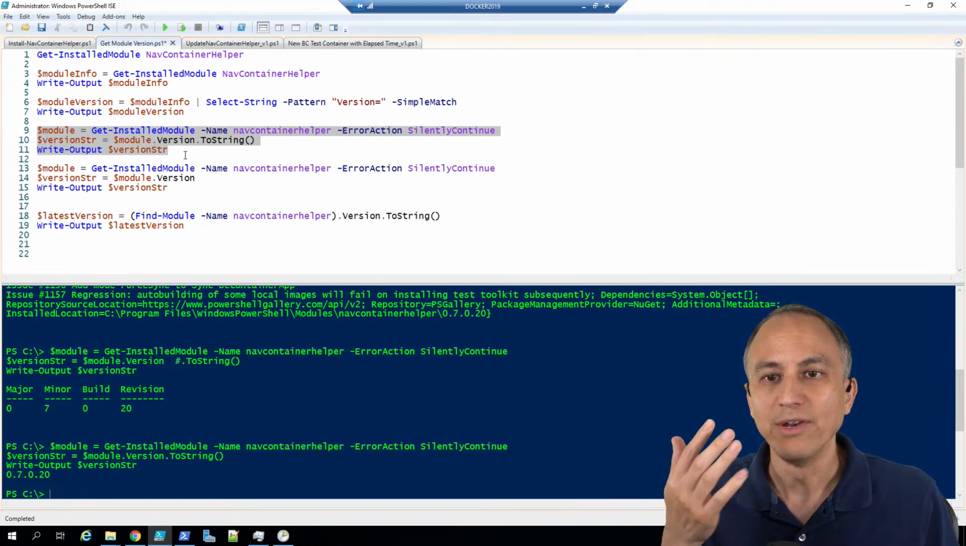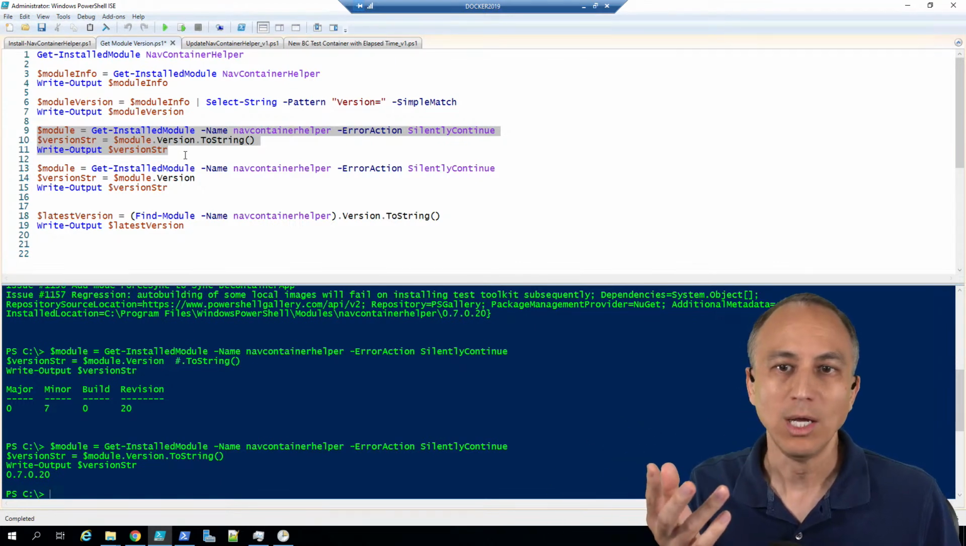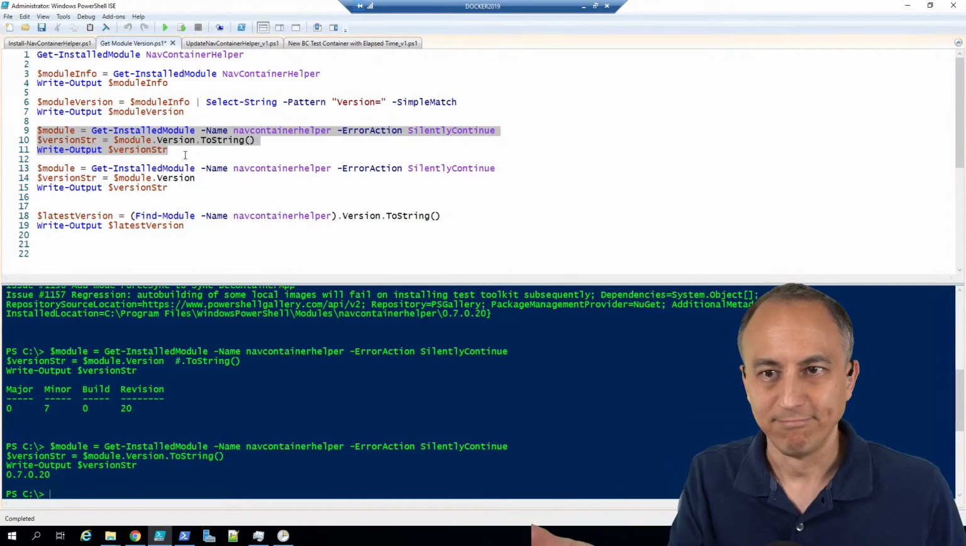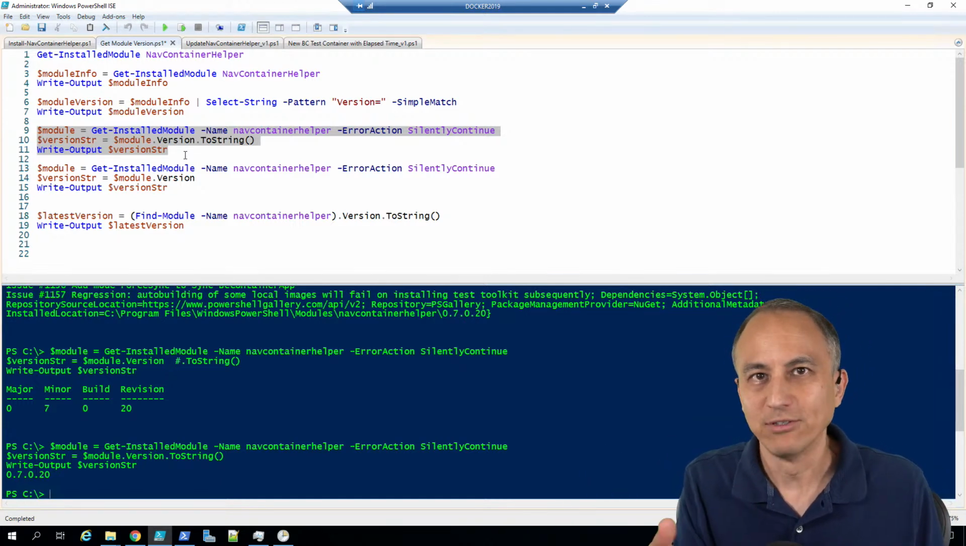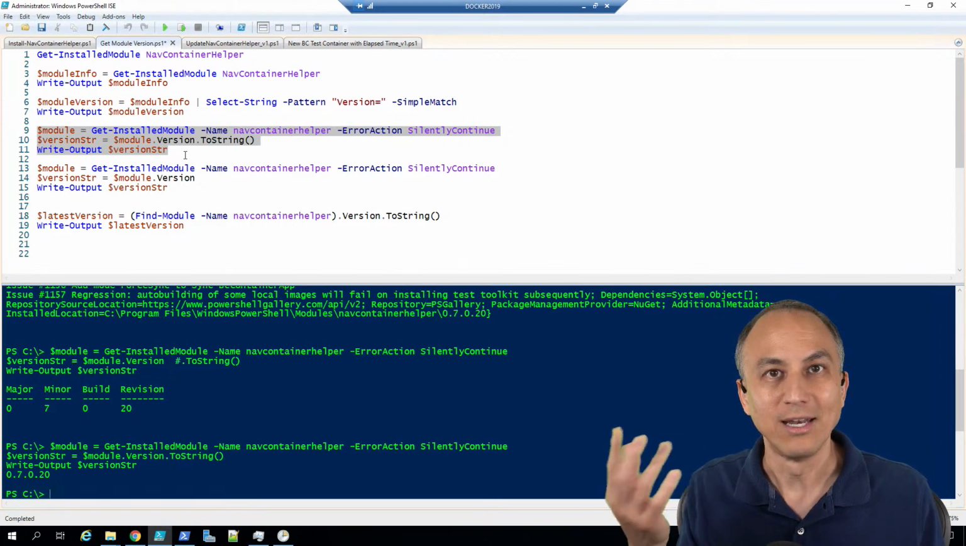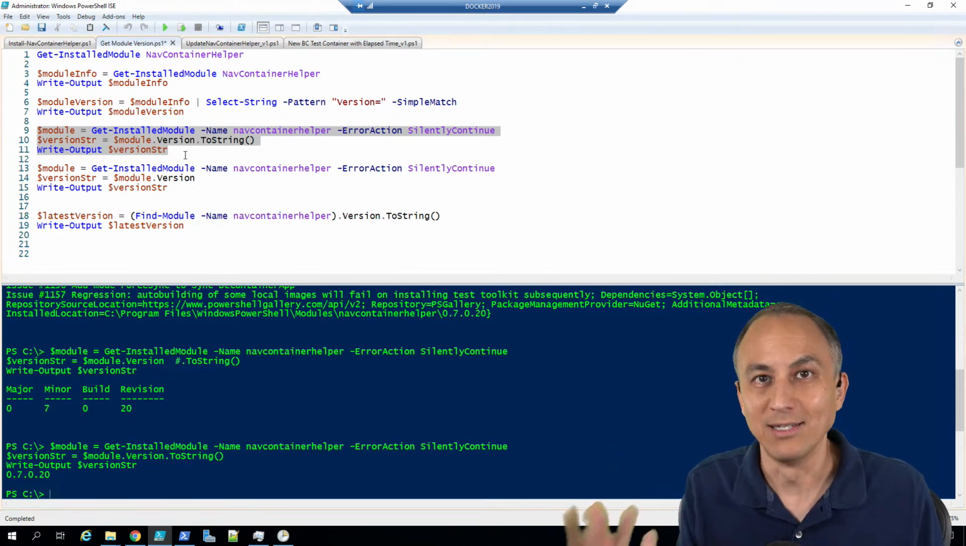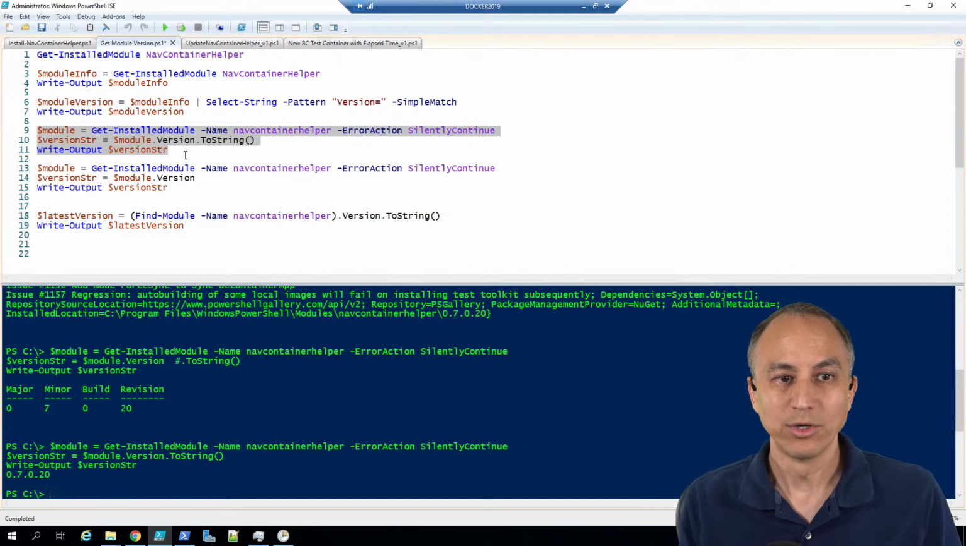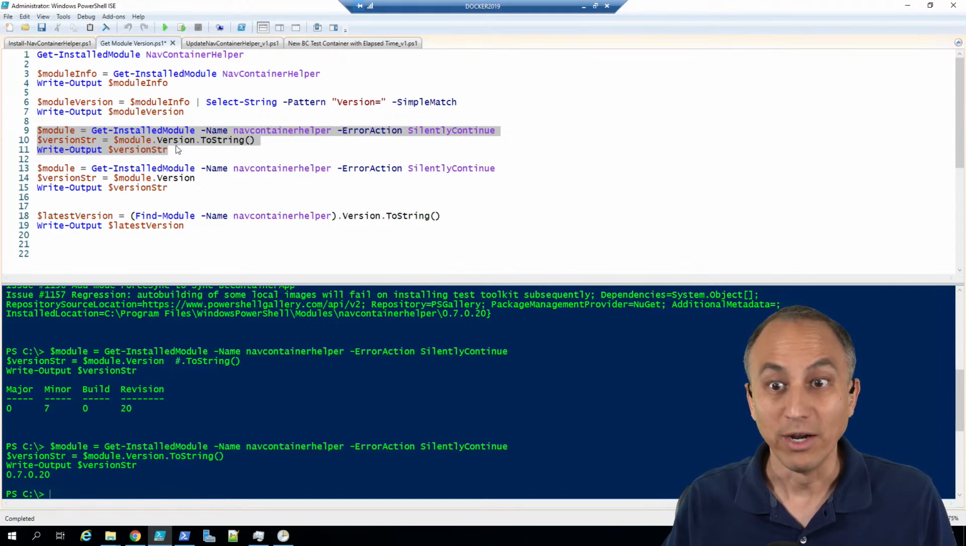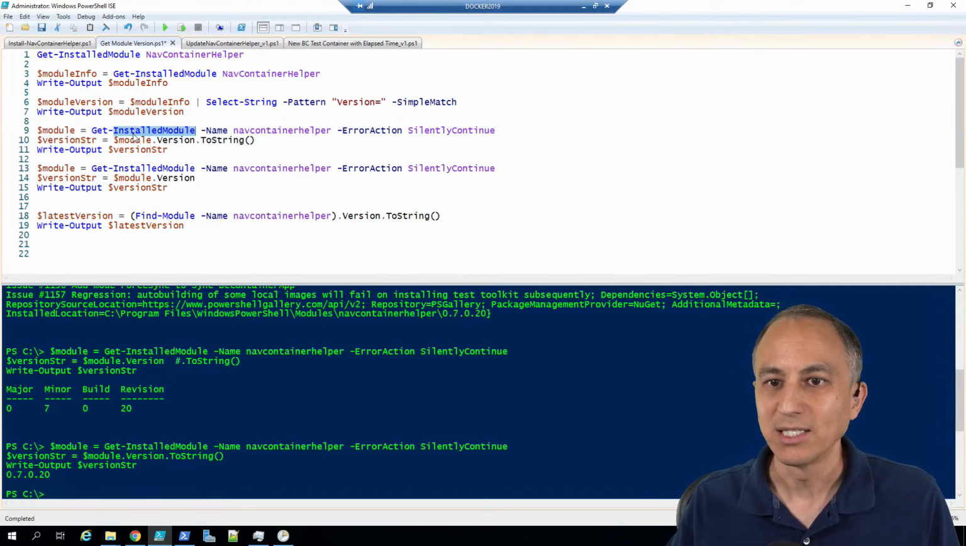Okay, I would have never figured that out. So my learning there is to look at someone else's code, look at the nav container helper scripts, and see how Freddie has done it in order to figure that out. So very interesting there. So that was Get-InstalledModule, NavContainerHelper,